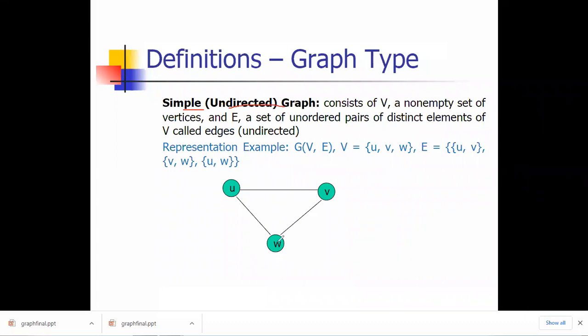Okay, means what? We are connecting these vertices. Let's say vertex V1, then V2, then V3. These are three vertices. Okay, the names given as U, V, and W. These are the vertex names. So these are connected without any direction. It is a simple undirected graph. Okay, so I hope everyone is clear on this point now. Okay, so this is simple graph.